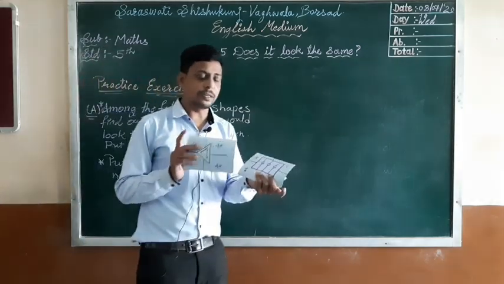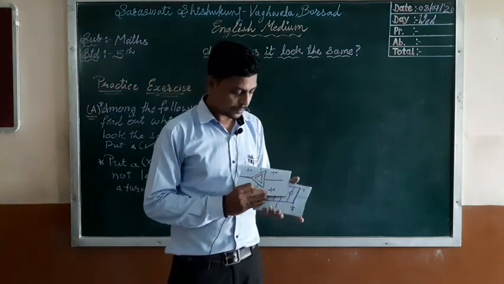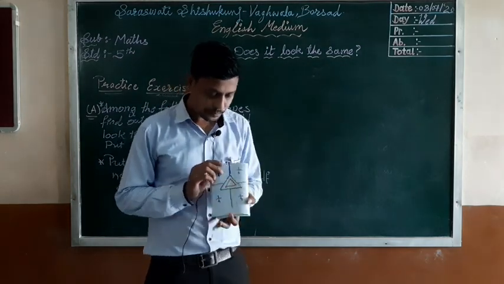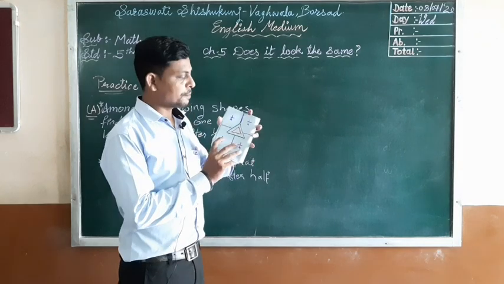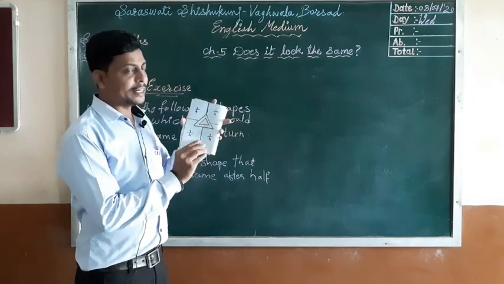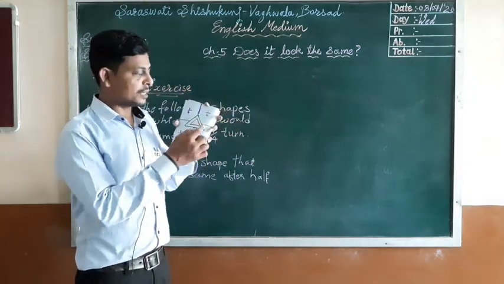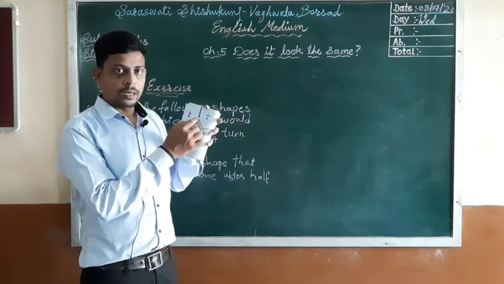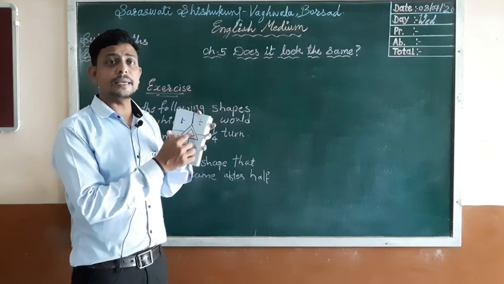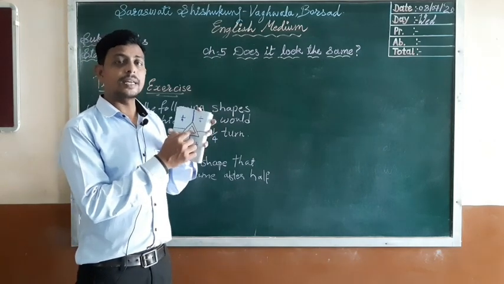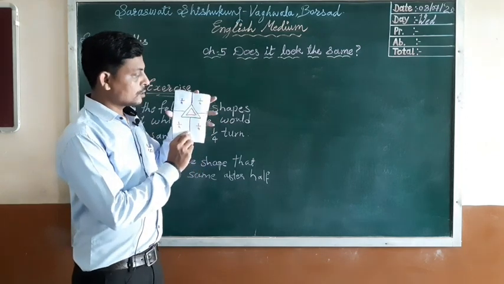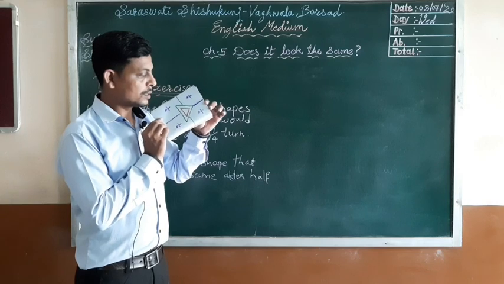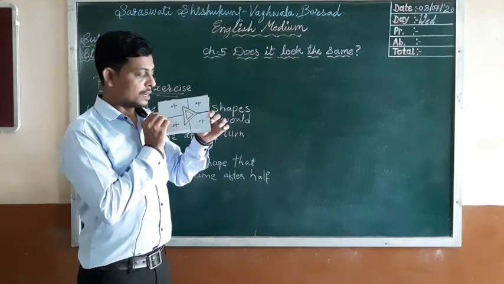Now you can look here, 2 pictures. I will show one by one. First picture, I have divided this picture into 4 equal parts, meaning 1/4, 1/4 and 1/4. You have to see the triangle, whether the triangle will remain the same on a 1/4 turn. So let's see. Now I am rotating 1/4. Does it look the same?